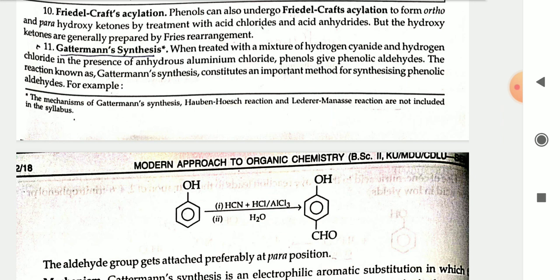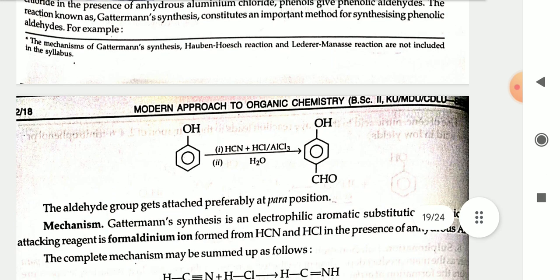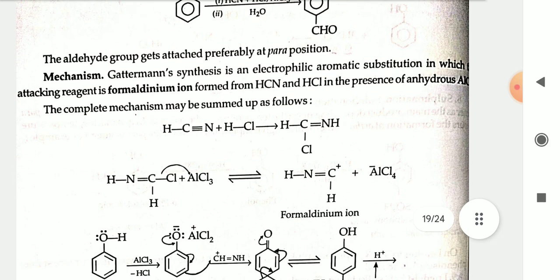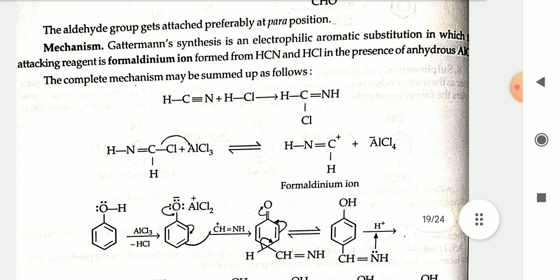Constituent, an important method for synthesis of phenolic aldehyde. For example, phenol in the presence of HCN plus HCl and AlCl3 will form a phenol with an aldehyde. The aldehyde group gets attached preferably at the para position. Mechanism: Gattermann synthesis is an electrophilic aromatic substitution in which the attacking reagent is formimidoyl cation formed from HCN and HCl